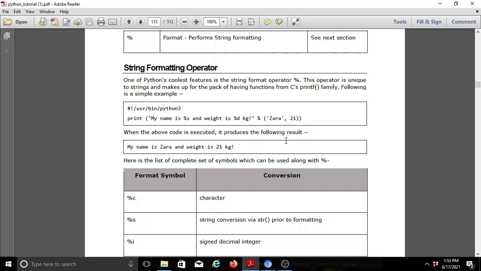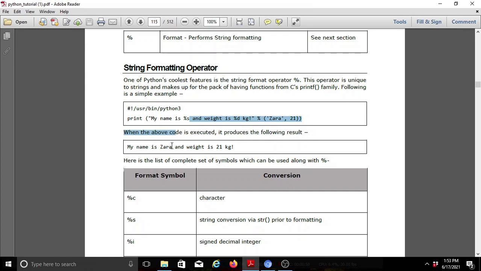So how can we use this string formatting operator? Here is an example. You can observe my mouse cursor highlighting the print statement. This is the statement I am going to print on my output screen. Here my name is given. I am using %s for some characters, and %d for a specific number.